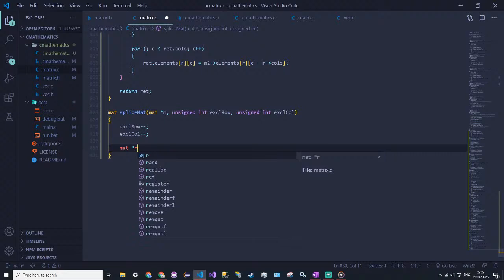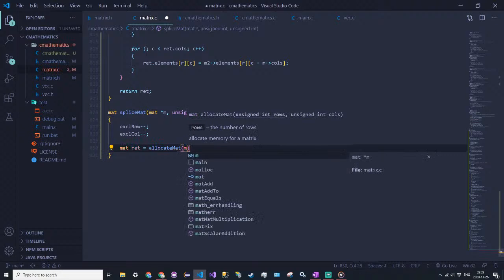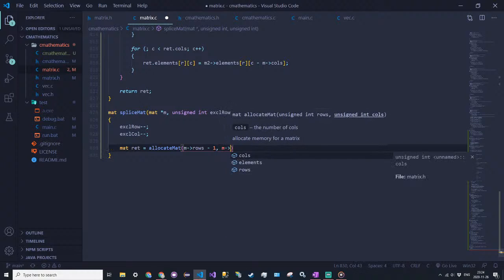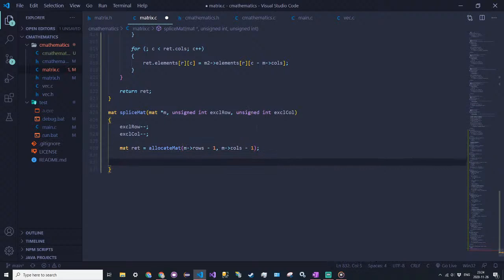So mat ret is equal to allocate mat, and the number of rows will be m dot rows minus 1, and we're subtracting 1 because we're excluding 1 row, and then the same thing for the columns, m dot cols minus 1. Then we're going to have an offset for the row. Unsigned int row offset is equal to 0, and this will be increased to 1 once we cross over the exclusion row. So the reason why is because